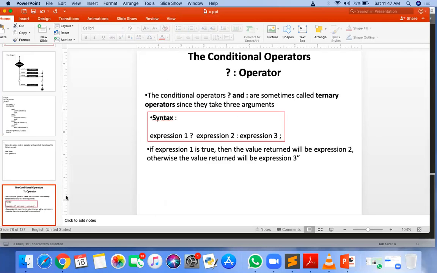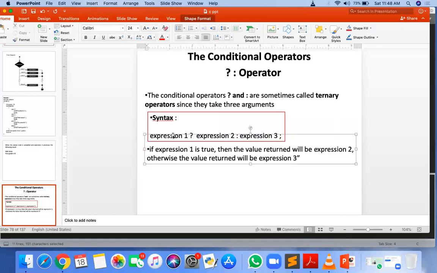And the next one is the conditional operator. Okay, so we'll put this conditional operator in front of you. The conditional operator is very similar to your if else statement, only the syntax is different. Suppose there is a very small if else statement, you want to compare one condition, and depending on that condition you want to execute different expressions: the true expression, and the false expression, which is known as the else expression.